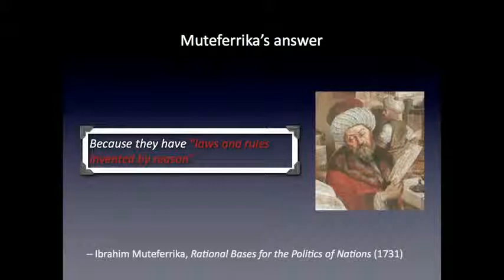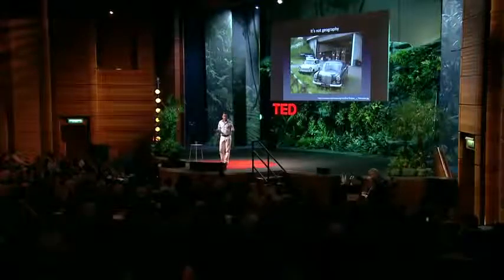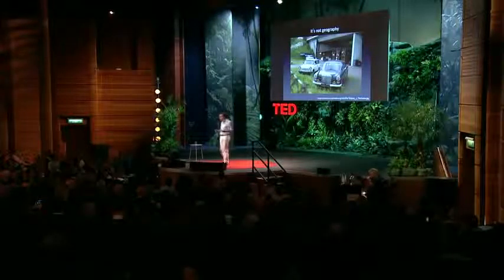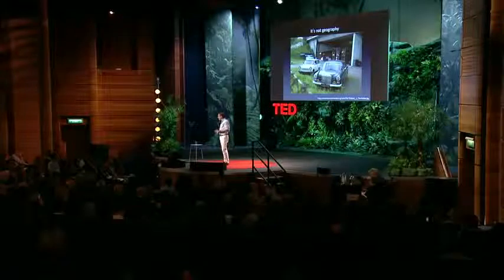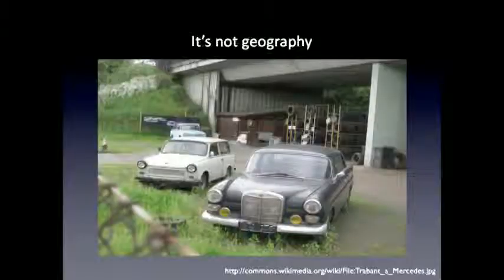It's not geography. You may think we can explain the Great Divergence in terms of geography. We know that's wrong because we conducted two great natural experiments in the 20th century to see if geography mattered more than institutions. We took all the Germans, we divided them roughly in two, and we gave the ones in the East communism. And you see the result.